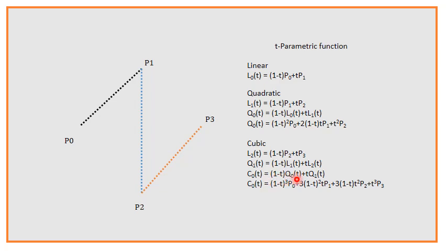By expanding this, we will get the cubic polynomial equation as C0 of t is equal to (1 minus t) cube P0 plus 3 into (1 minus t) square t of P1 plus 3 into (1 minus t) into t square P2 plus t cube P3. This equation is obtained by the interpolation technique of all these 3 lines, which consist of 4 control points, and so it is named the cubic polynomial equation. On the whole, by this cubic polynomial equation, we can get a curve like this.